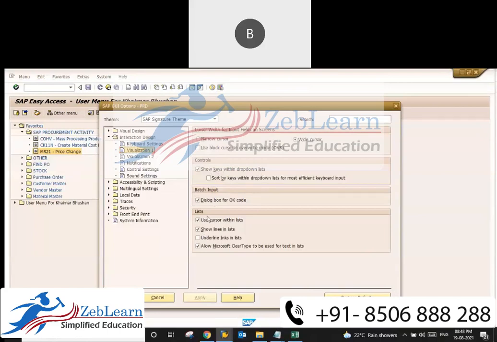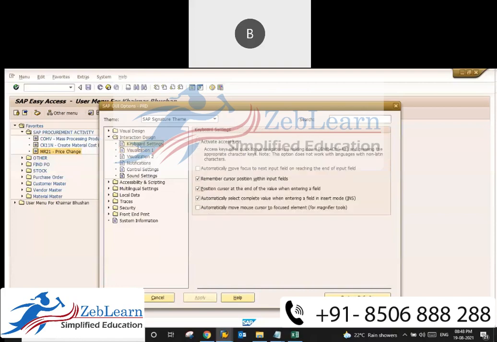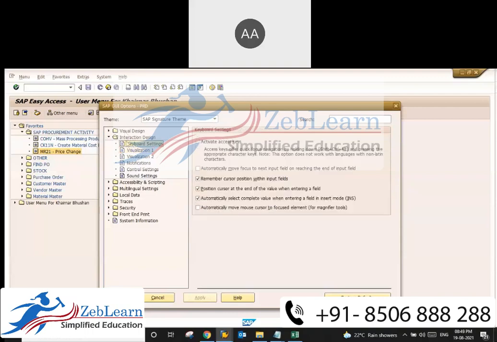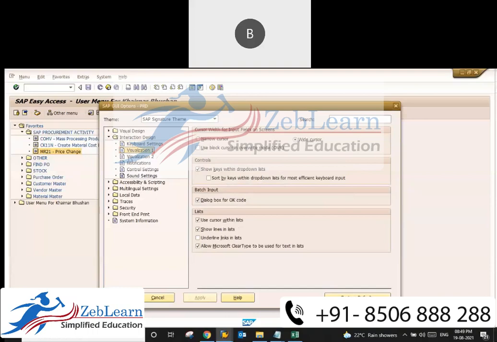This is one option. Here you can find the keyboard setting. One of the settings here is the drop down list. There is a technical name setting here. You can set this technical setting here.